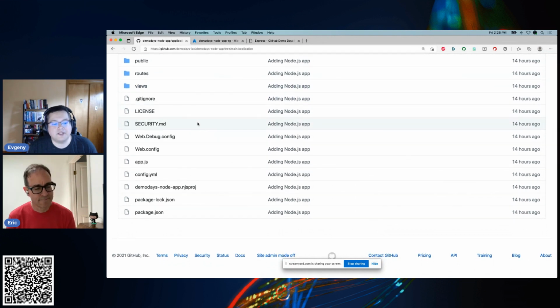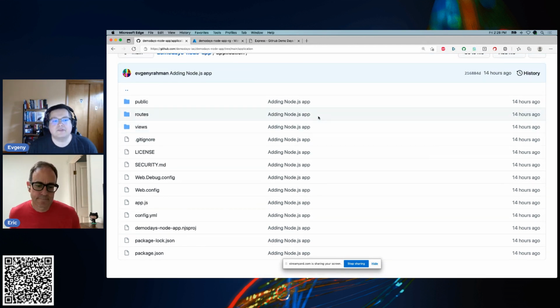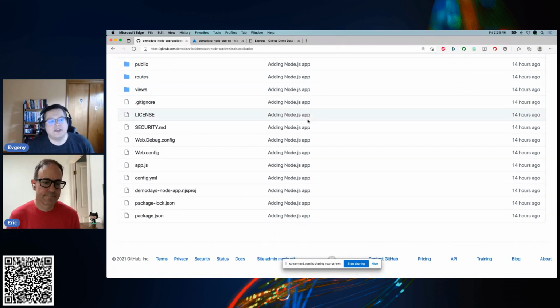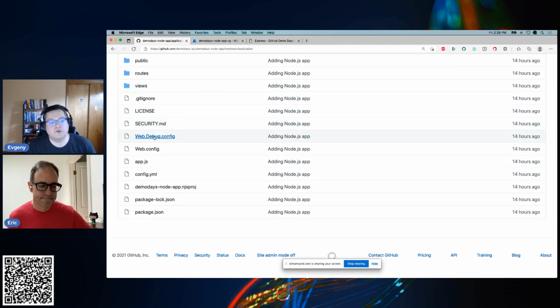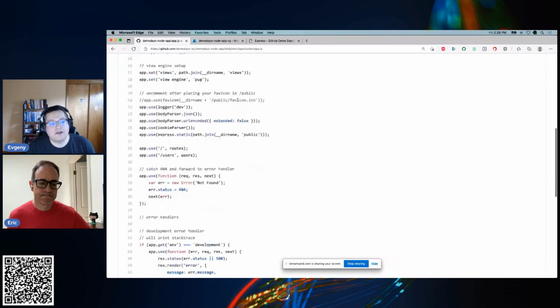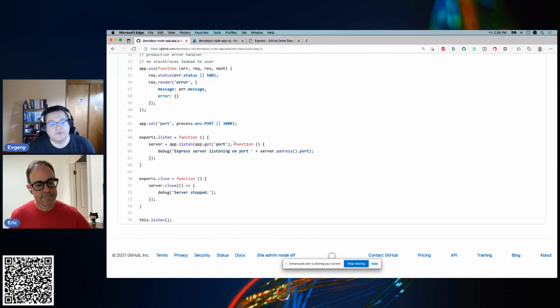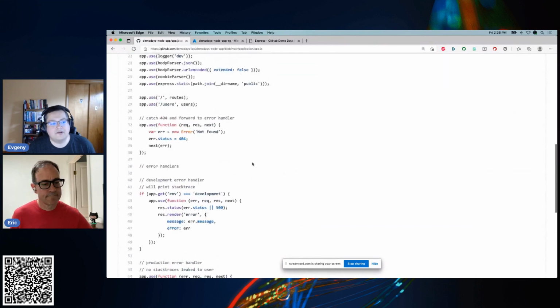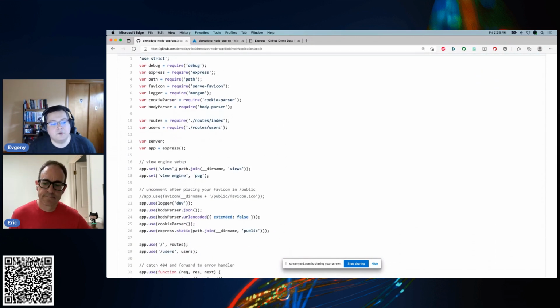So this is a web application on Node.js. If you're not familiar with Node.js, it's a JavaScript-based framework or library. Different people have different opinions, but essentially it's a set of code that will help you to write reactive web applications that can listen to input through this mini server kind of paradigm. So this is the app. The app has a lot of these pieces, such as listening to the ports, listening for incoming HTTP requests, and then routing that around to other pieces of the application. And you can load up your dependencies in here. And this views directory is what we're going to look at next.